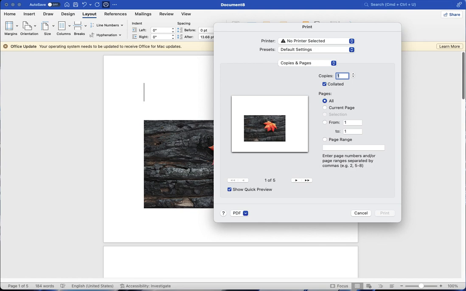With these simple steps, you'll be ready to print your content with clarity and precision, ensuring it meets the highest standard of